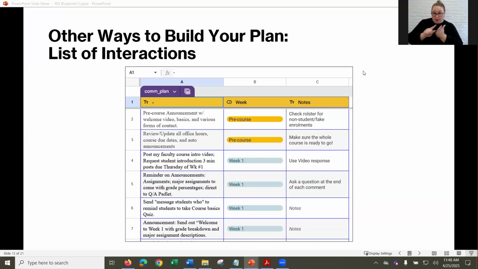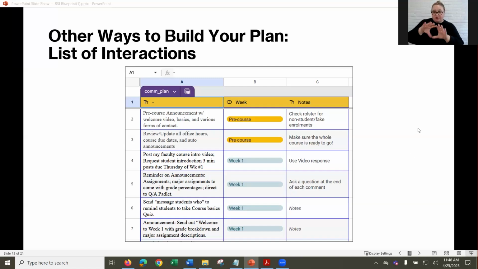What I would recommend here is also adding an additional column and identifying which of those methods you're meeting with that interaction. And sometimes the interaction is just monitoring student progress. Are there students that have not submitted any work yet? That's your substantive and regular interaction that you're having in your classroom.